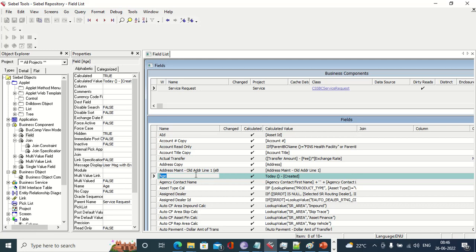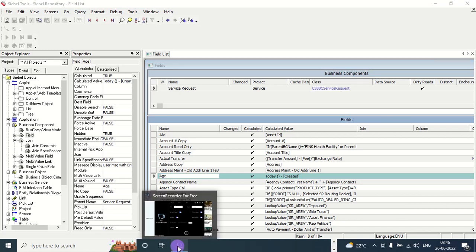Okay. So this is a calculation we are doing, and we are referring to another field. So the job of calculated is to do calculation on another field, and it gives us the result. Now calculated fields are also read only. We don't have access to modify. Siebel calculates this and